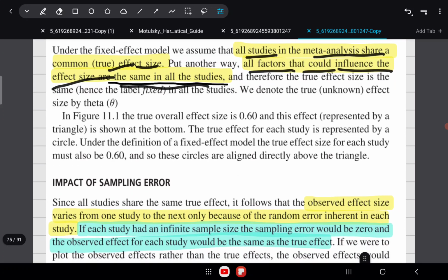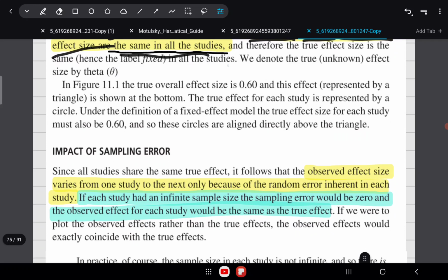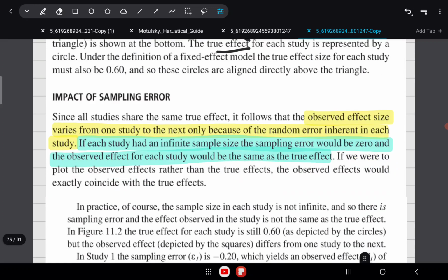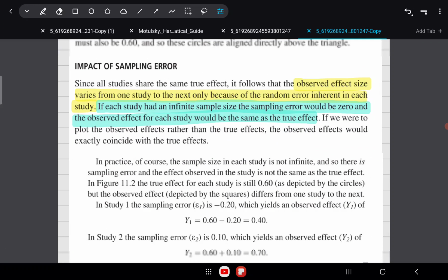Okay, so I will take an example. Let's assume that the true effect size is 0.60, and we'll assume this as the true effect of the drug. Because we are doing fixed effect modeling right now, we'll assume that the true effect is 0.6 for all the studies. Now we want to see the effect of sampling error.